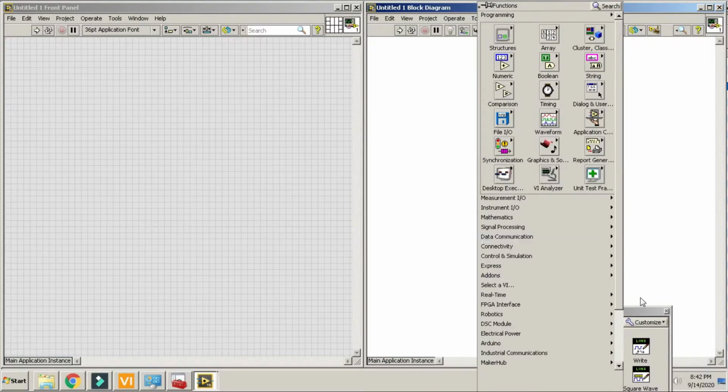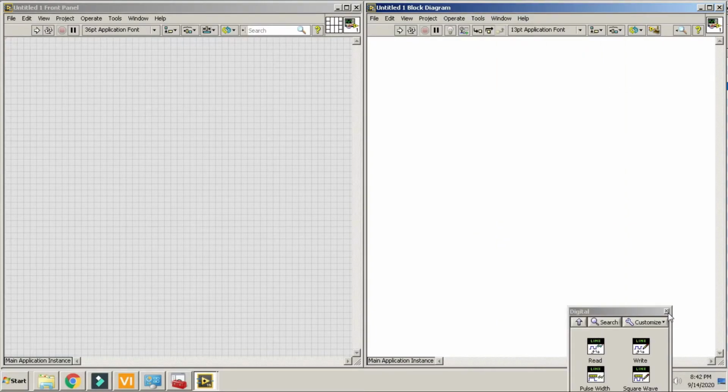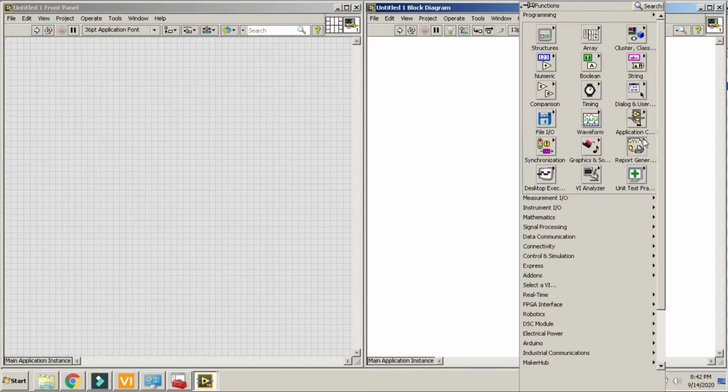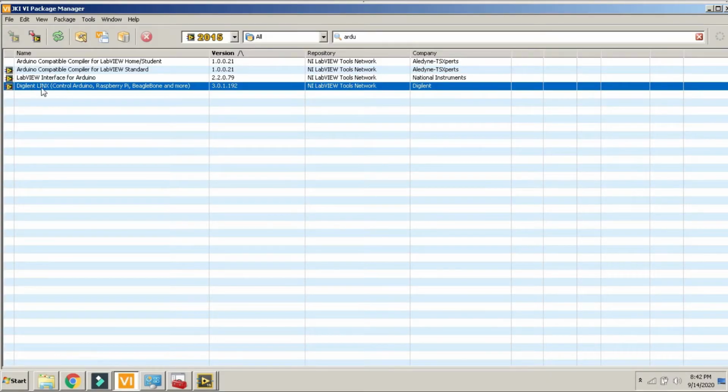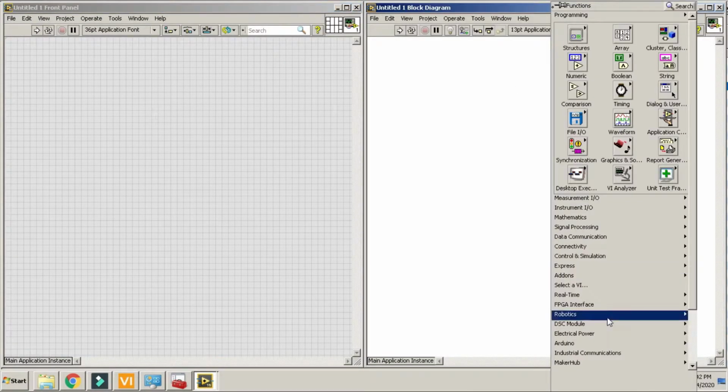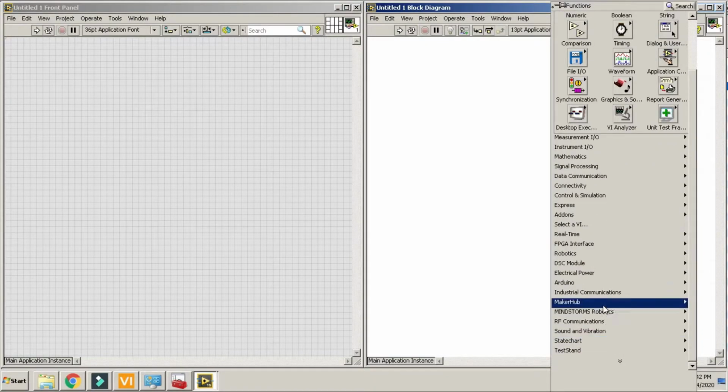here I got the MakerHub toolbox. When I install this one, Digilent LINX, on my PC, I got the MakerHub toolbox. This toolbox comes after the installation of the Digilent toolbox.